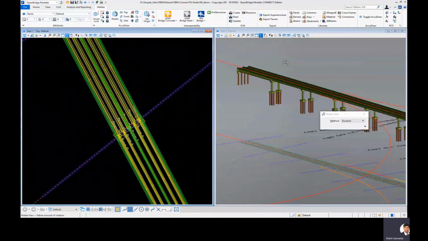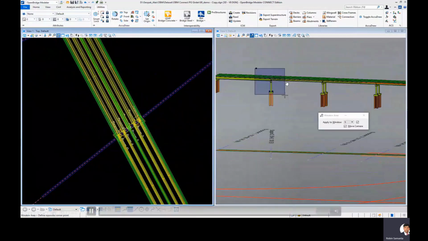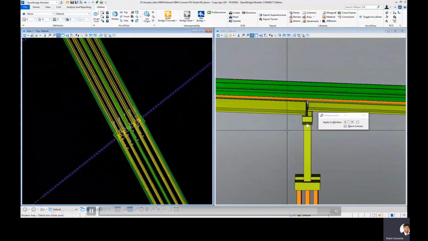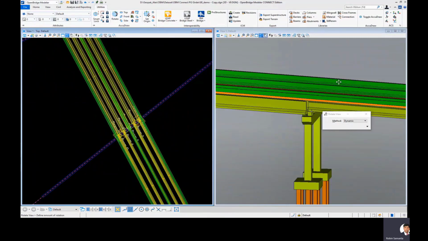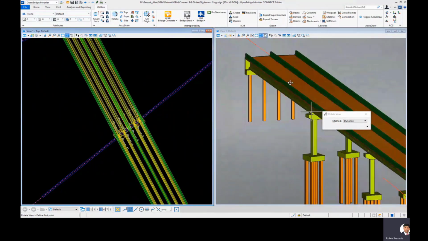So here you can see how it is updated. That's the idea of working in a single 3D model, and all that information you are sending back to the 3D model. And then you might have seen that we are creating our drawings and quantity reports, all those things, by just clicking a button, right? We are not giving manual information to the drafter.